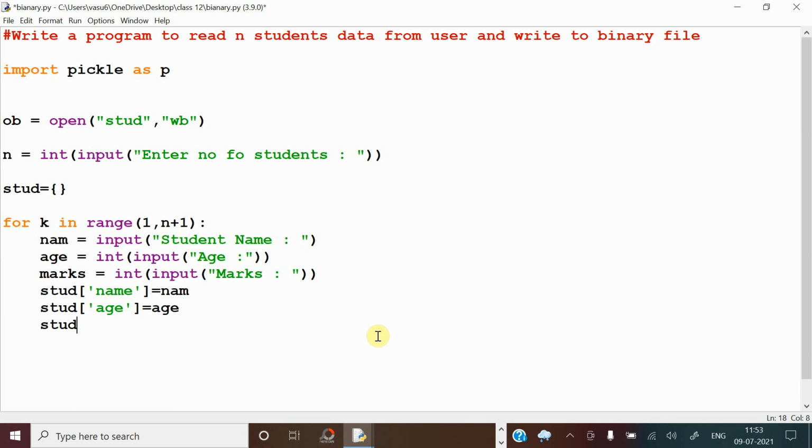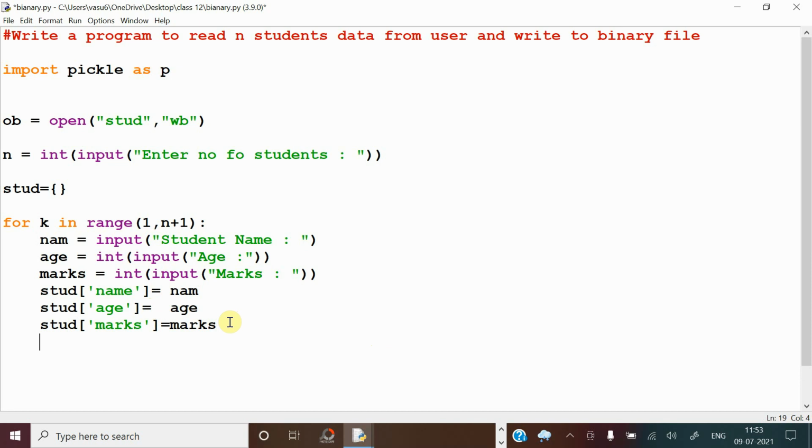Next, I have to assign the marks to the dictionary. So here I am creating the key marks, and within that I give the marks. So this is the way I can read the name, age and marks, and store them in the dictionary.